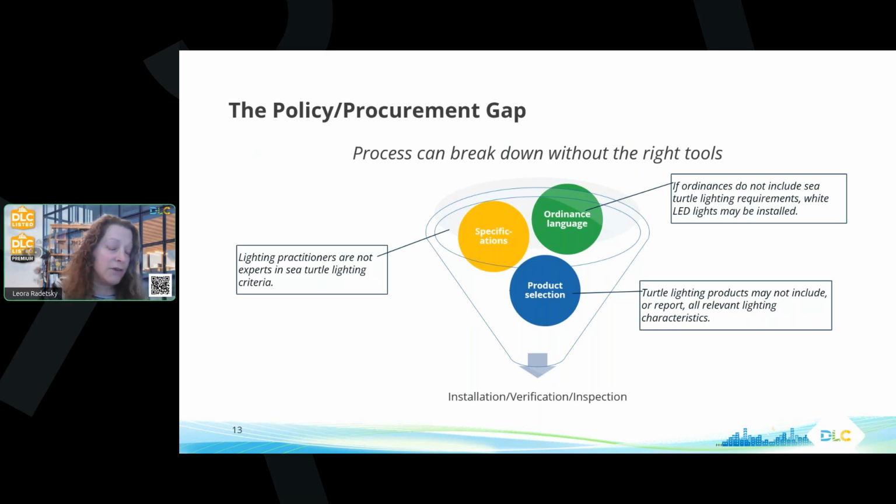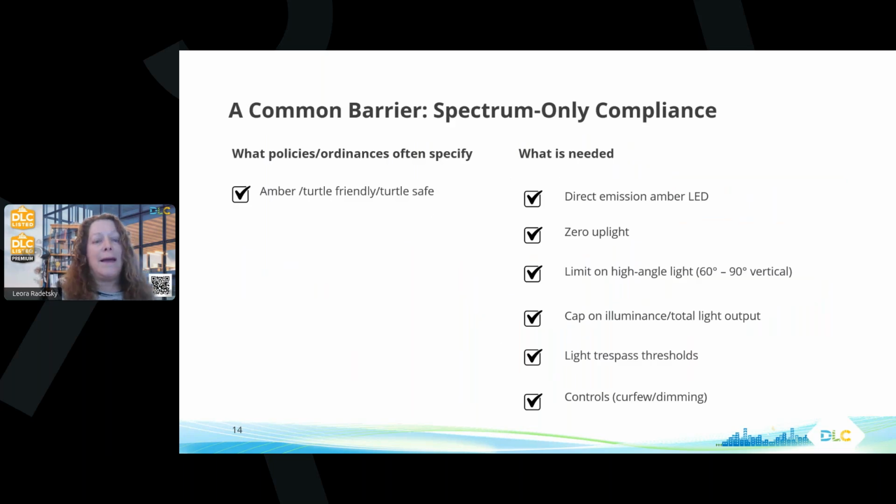So we need requirements that are explicit enough to be specified, procured, installed, and reviewed consistently across jurisdictions. And as I mentioned before, this recurring pattern we see of an over-reliance on spectrum-based guidance often implicitly assumes that if short wavelength content is minimized, then all of the impacts are mitigated, right? Just use amber. But ecological exposure is not determined by spectrum alone. Even these direct emission amber LEDs can be problematic if the light sources are visible from the shoreline where the nests are, if the lights are too bright, if the lights are poorly aimed, if they're distributed in a way that substantial illumination is delivered onto the beach or the dunes or any near horizon field that hatchlings use for